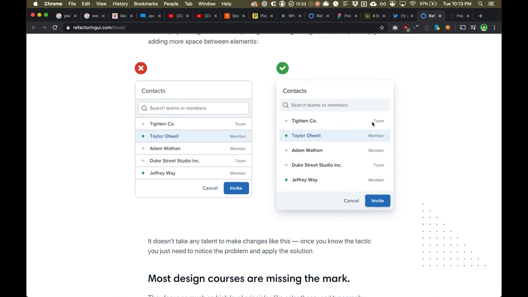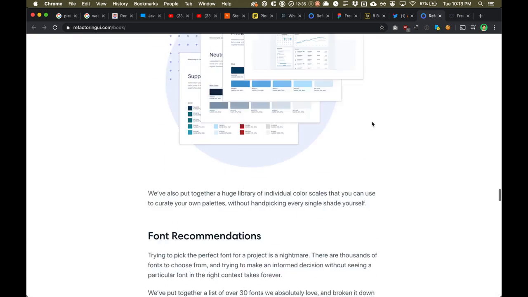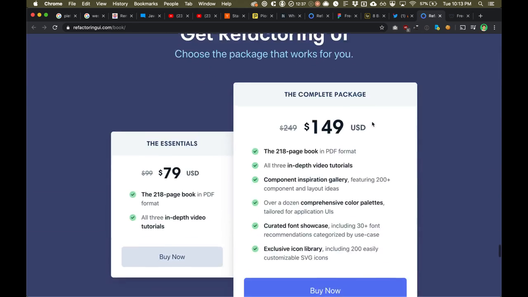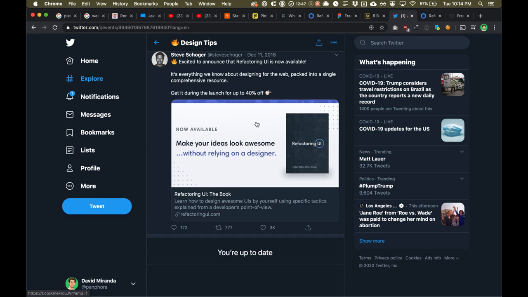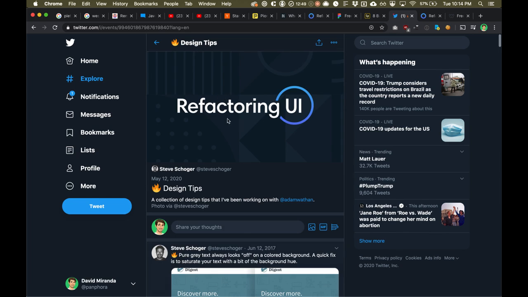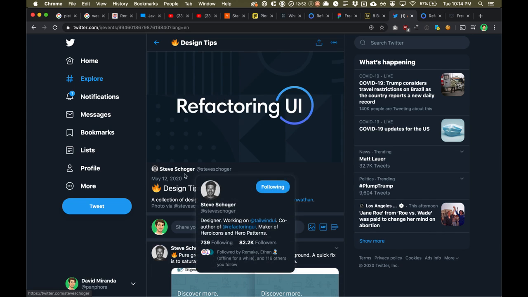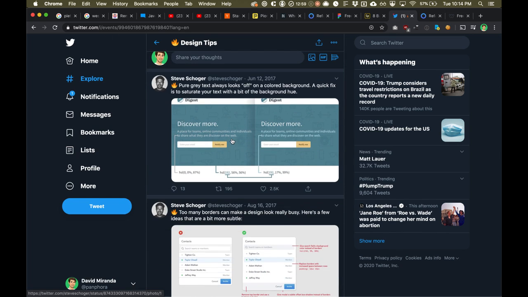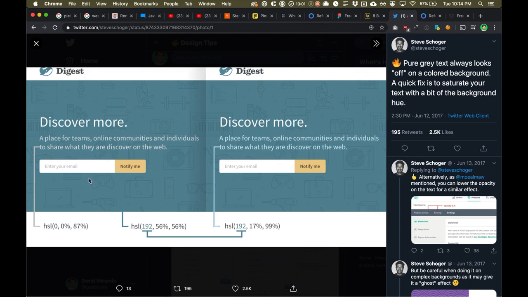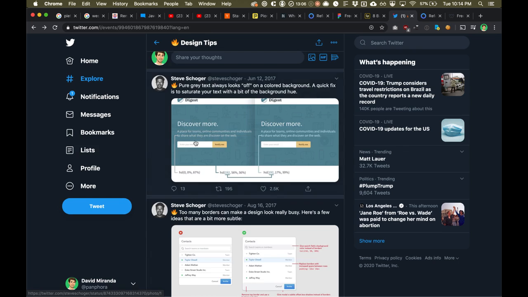And if you don't want to buy this because it actually is a little bit expensive, if you're not convinced that it's worth this, which, by the way, it totally is worth this amount of money, I would even get the complete package. But if you're a little skeptical, just search for Steve Schoger design tips, and you're going to come across this Twitter thread where he goes through all of these little design changes that he makes and explains why they improve the design.